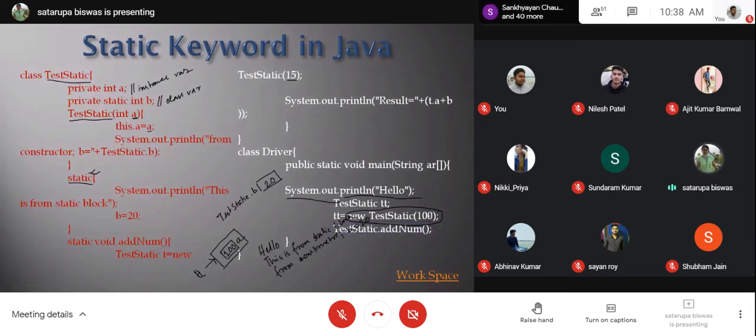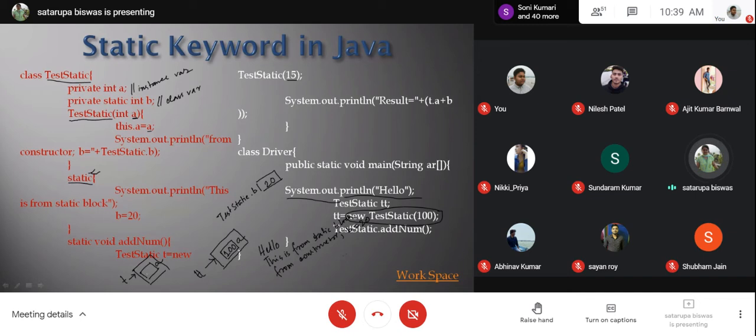Now one more amendment: TestStatic.addNum. This static method you are going to call from here. So now you come to this, you have got a temporary t object. It also has an a instance variable, and through the constructor, this instance variable will be initialized to what?